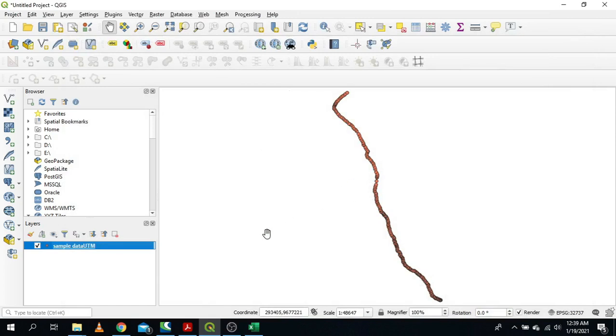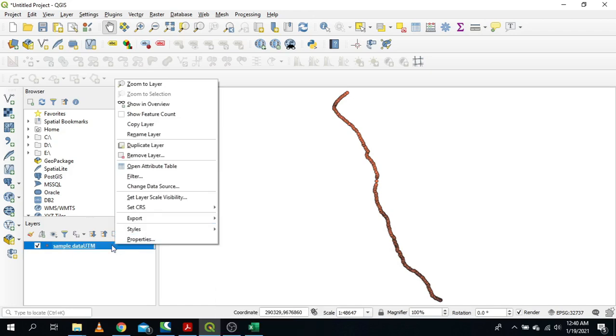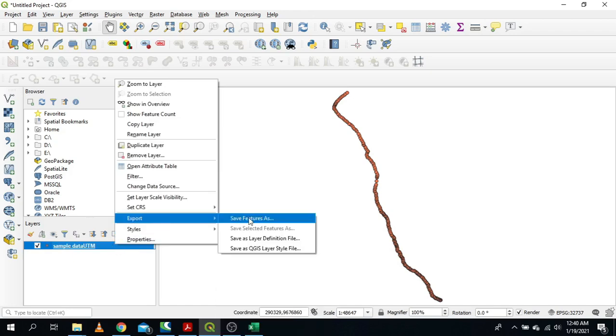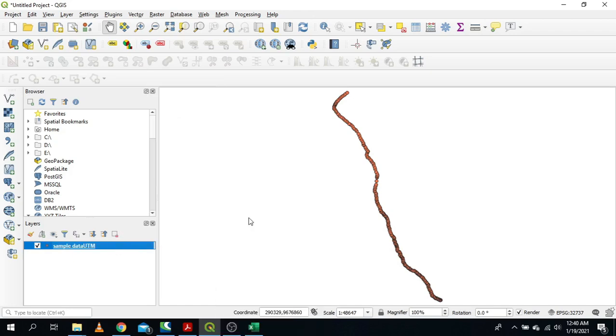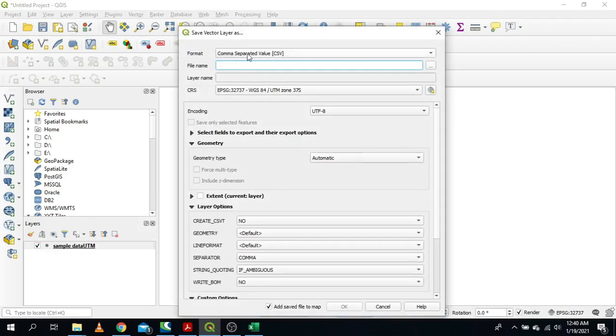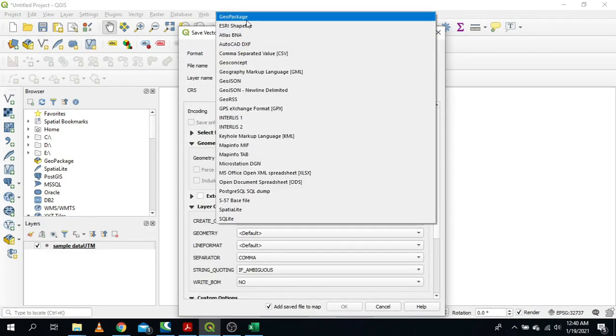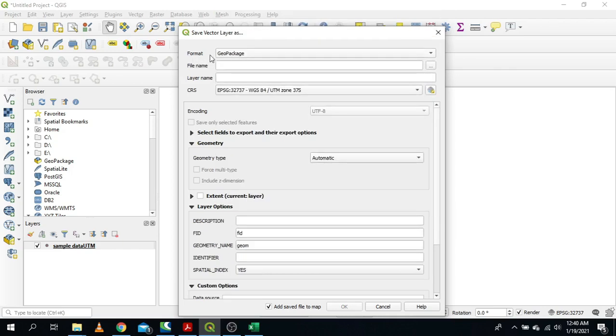So here our data is already in QGIS. Now what we need to do from here is convert them into WGS, or latitude and longitude. Simple as that. From here, select this layer and right click, then export, save features as. After that, if you are using QGIS for the first time, the format here will be GeoPackage.